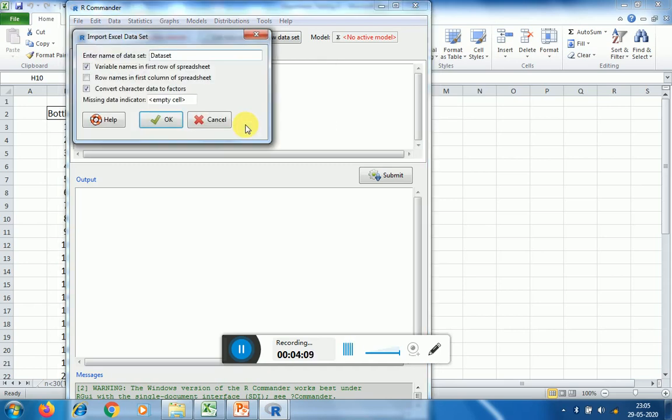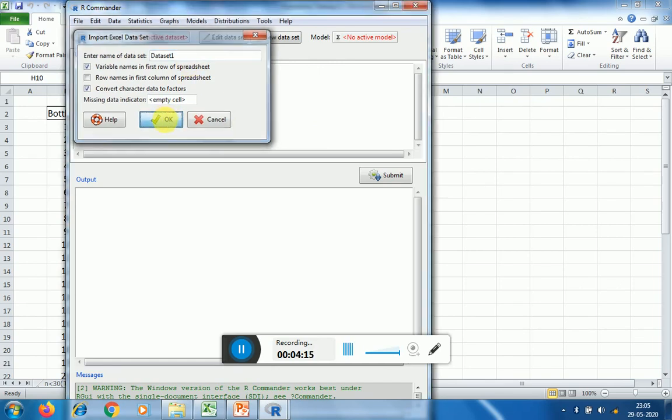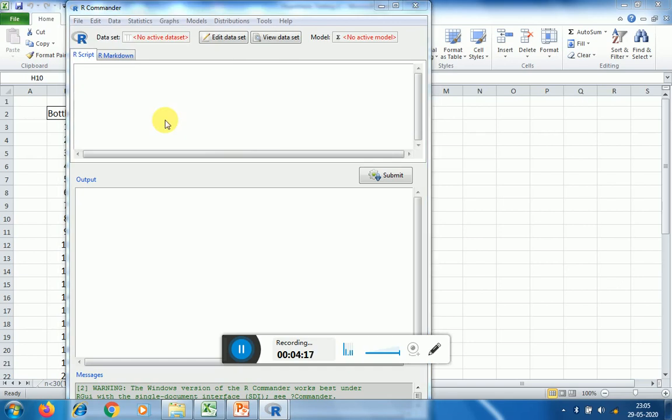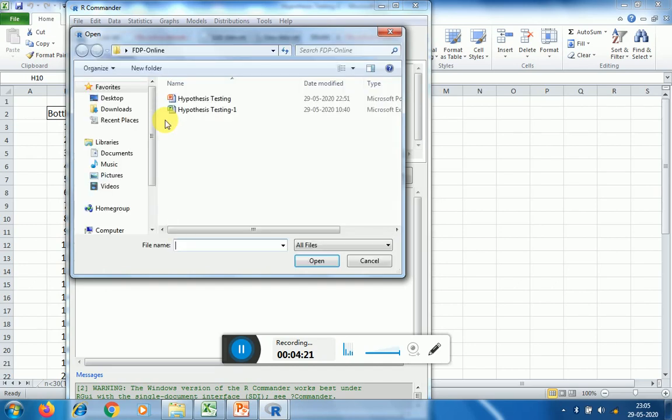Now enter the name of the data set. Again I name this data set as, say, dataset 1 and then click OK. After clicking OK, I select the file hypothesis testing 1.